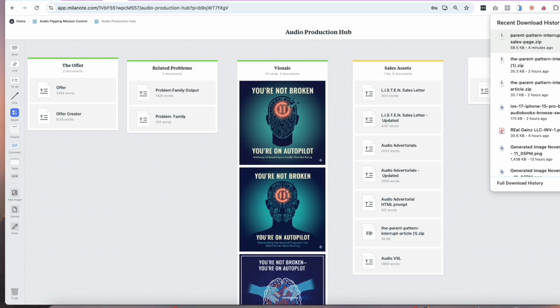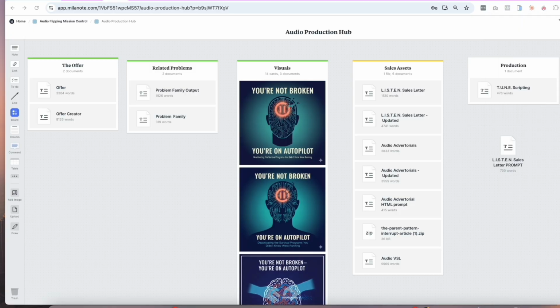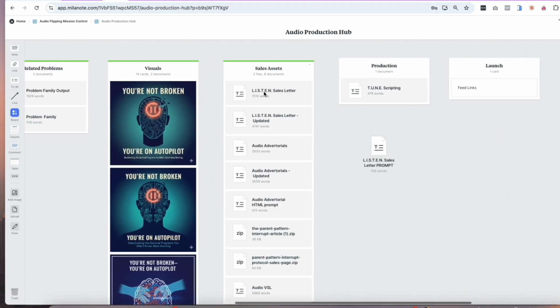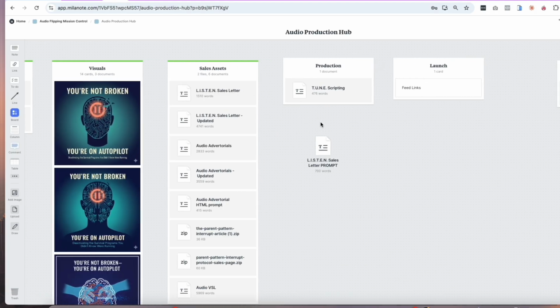But at this point, you would have your file. So we would go to download, bring that in, and there is our sales page. All right, now we're cooking. And that's it. All right, in the next section, we will show you where you need to go to create